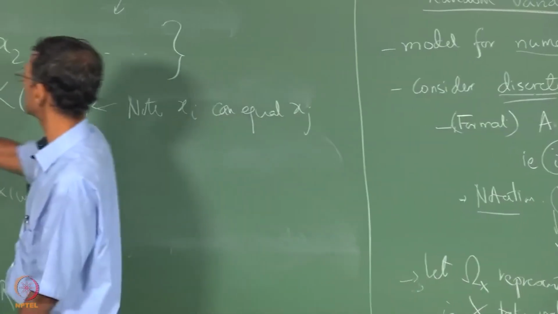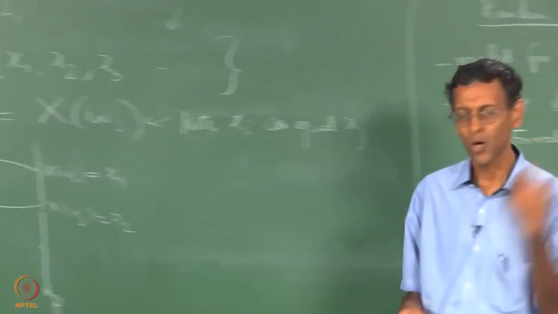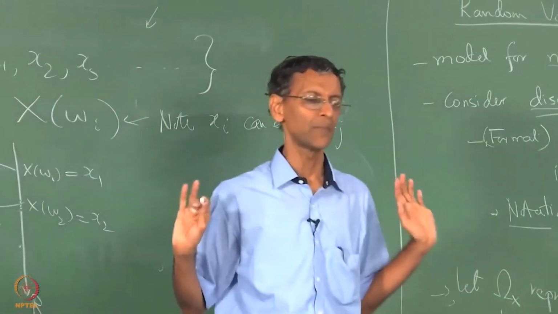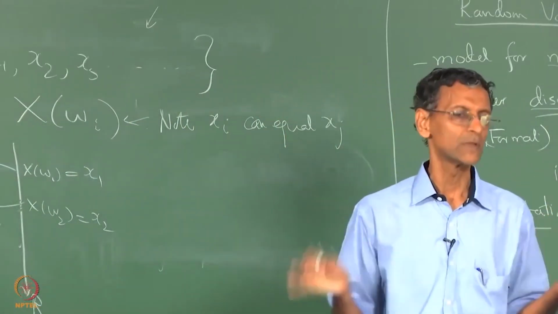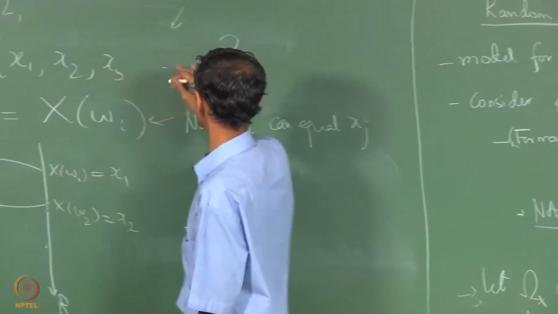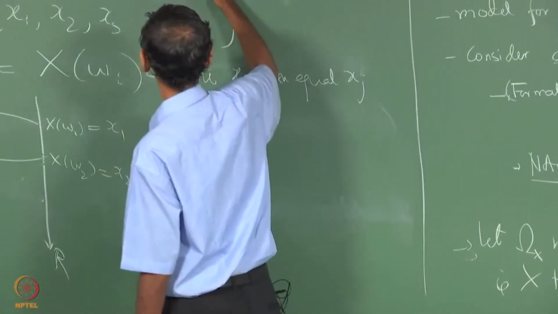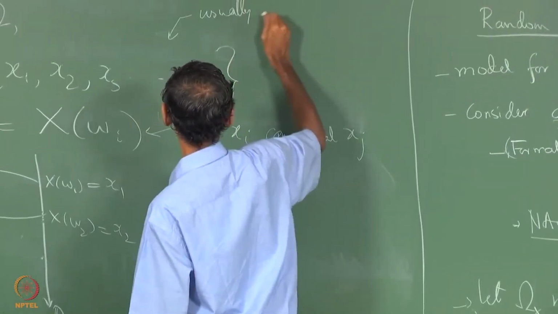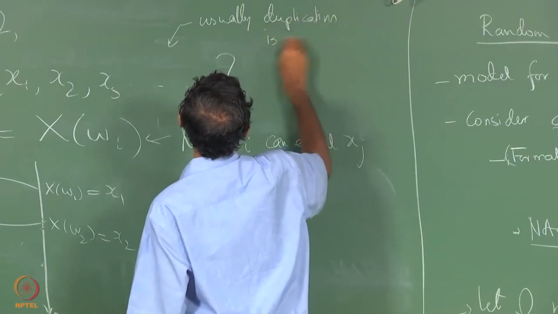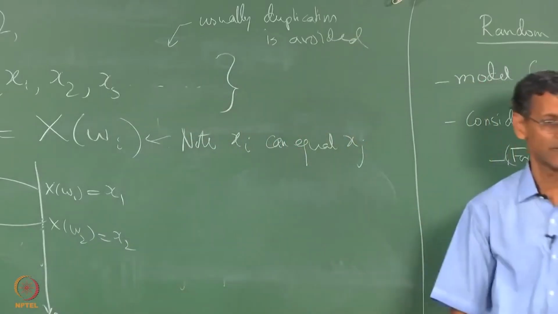So this notation omega x is something which again we don't have to keep on reminding ourselves about all the time. As long as we know what it is in the beginning, you don't have to keep coming back to it, whether this x4 is equal to x1 or not. Here usually no duplication is done. Just for the sake of completeness, I am saying this, nothing else.